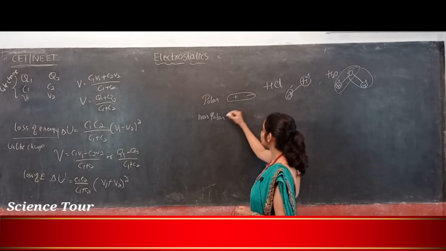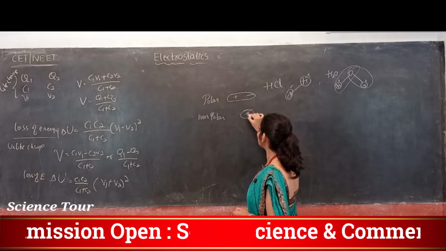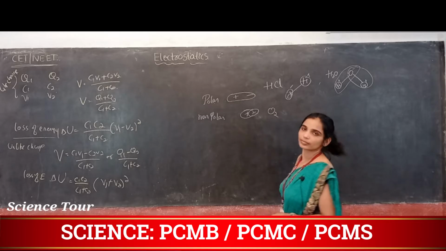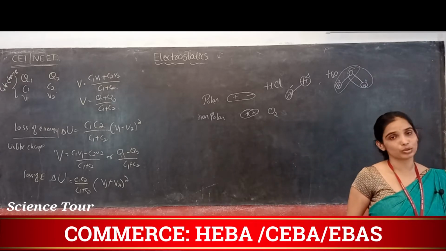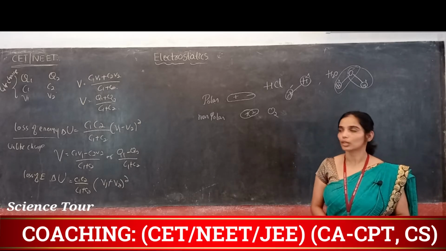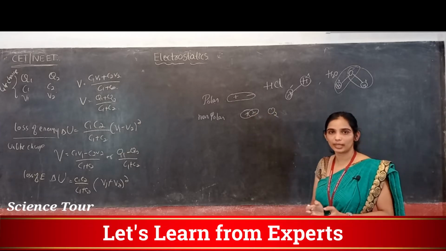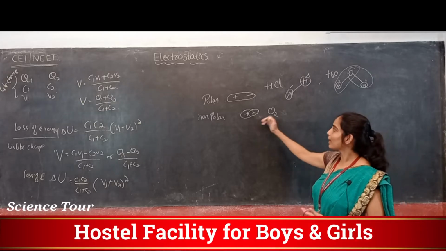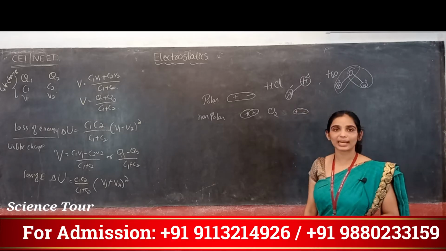Non-polar means positive and negative charges coincide. So positive, negative. Example, O2, nitrogen. Oxygen and nitrogen are examples of non-polar molecules. So in non-polar molecules, positive and negative are coinciding, right? When you apply the electric field, they try to align.